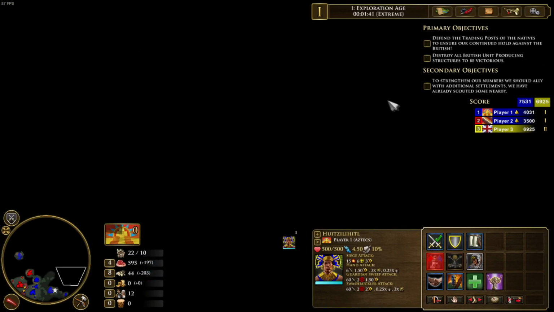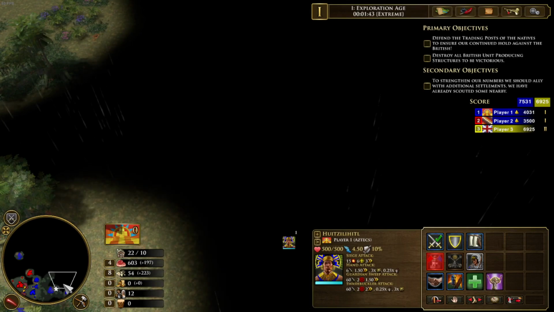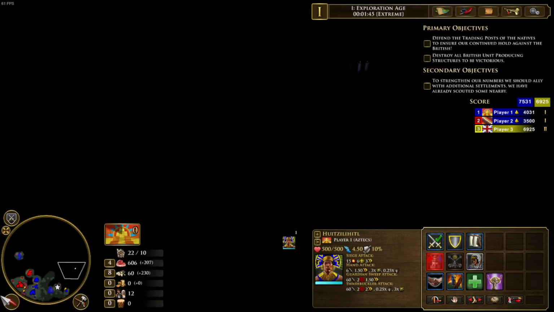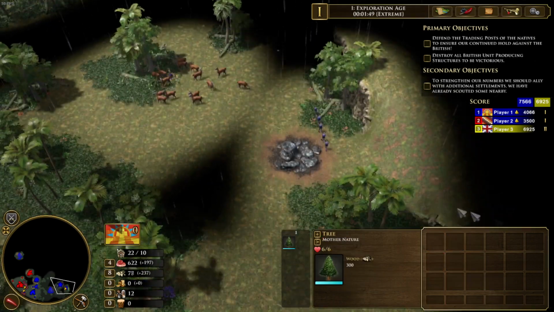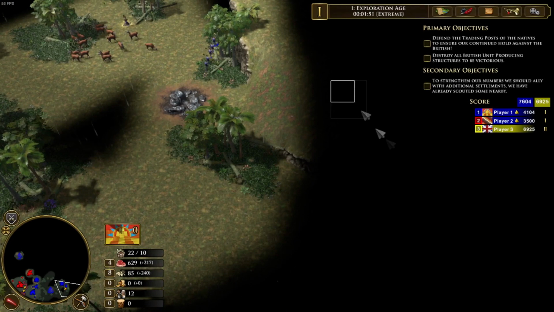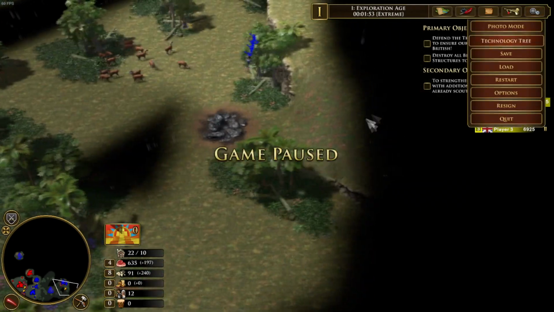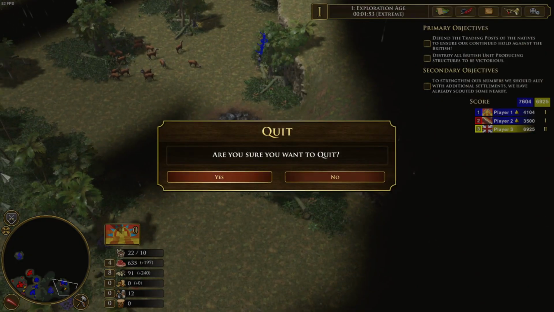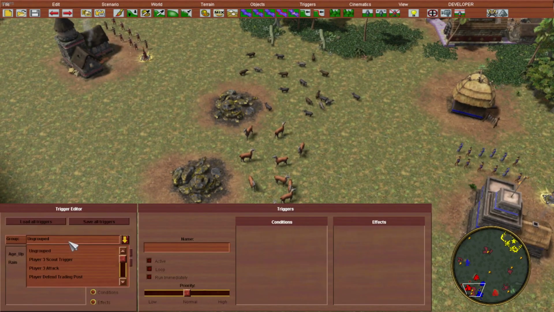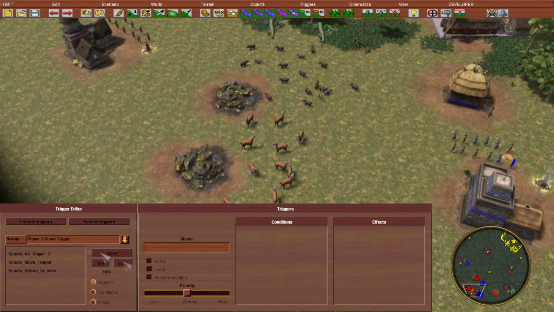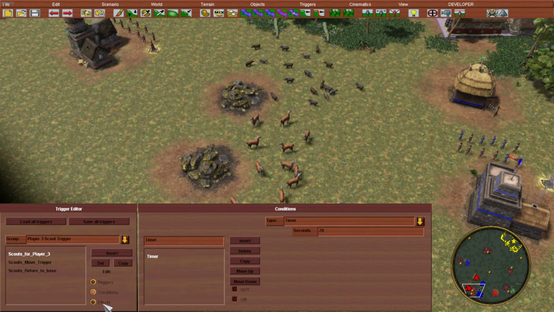And what I'm seeing here is it doesn't look like our scouts are showing up. So again, this happens sometimes. Maybe I put the cliff over where they're supposed to spawn and they're stuck in it. That's entirely possible. So what I'm going to do is quit out and go to my triggers. We're going to go to player 3 scout, scouts for player 3,